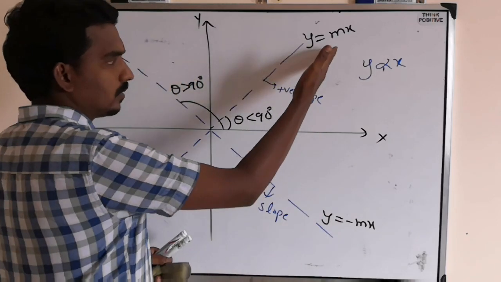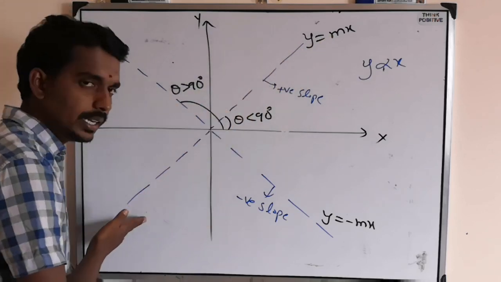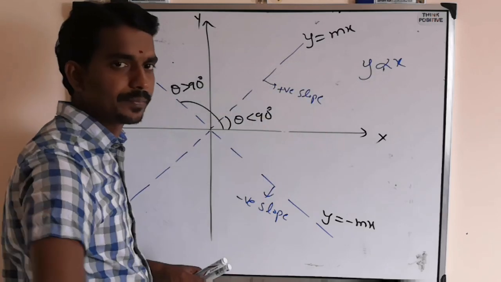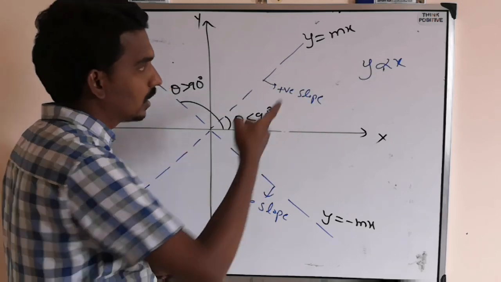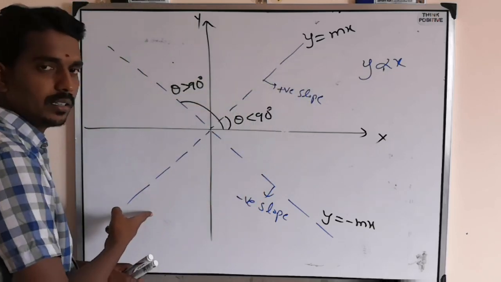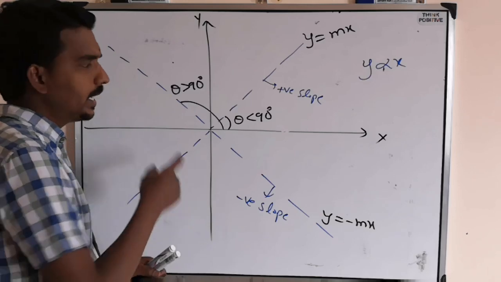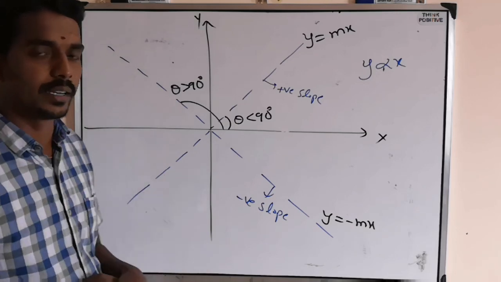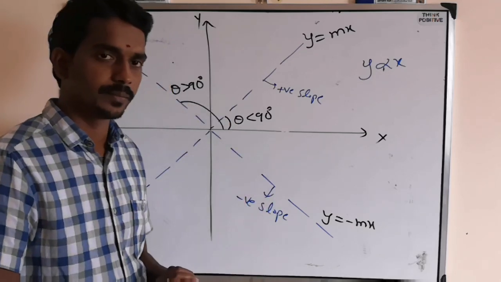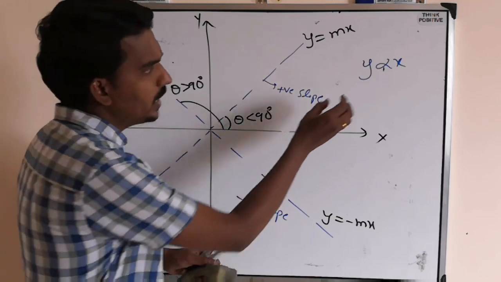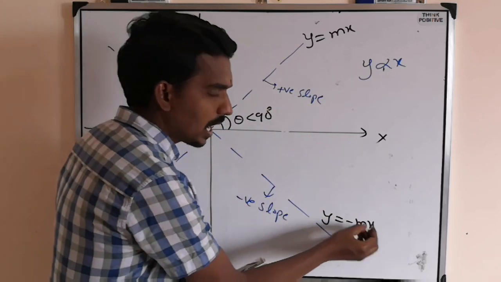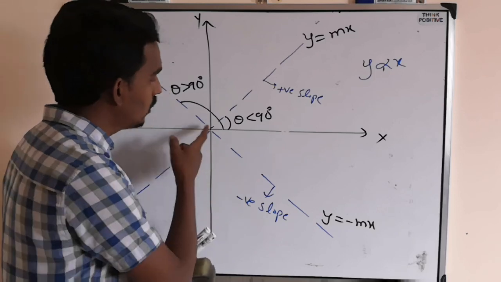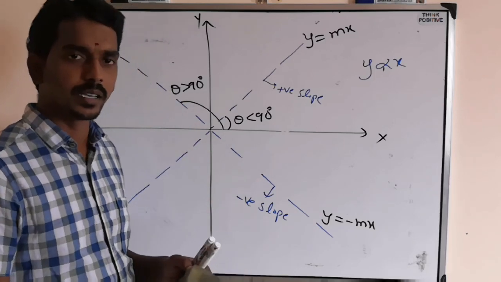Always a straight line starting in first and ending in third region. Anywhere, positive slope: graph straight coming from first region to third region. Negative slope: graph straight coming from second to fourth, because angle is greater than 90. We have studied the slope concept already. So when y quantity equals some constant into x quantity, then you will get a straight line passing through origin. Example, we need a physics example.